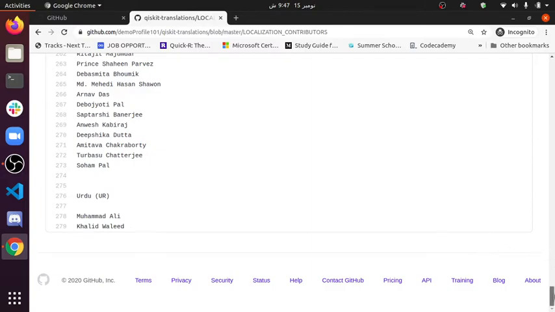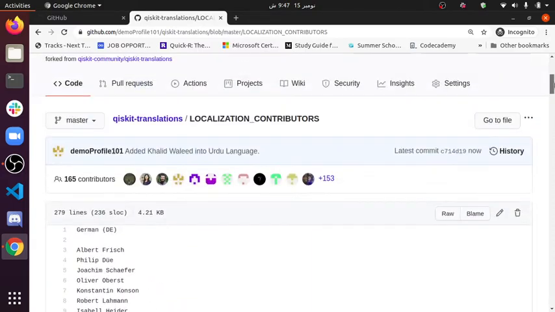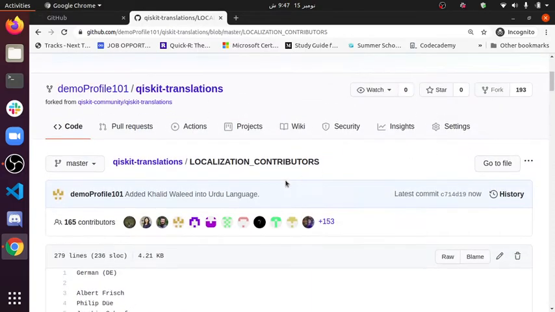Now we have to simply create a pull request, and in order to create a pull request, we have to click on this button. I hope you can see on the left side it says pull request, so click on it.